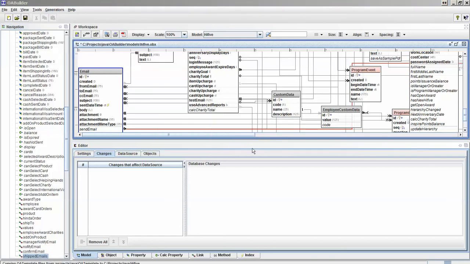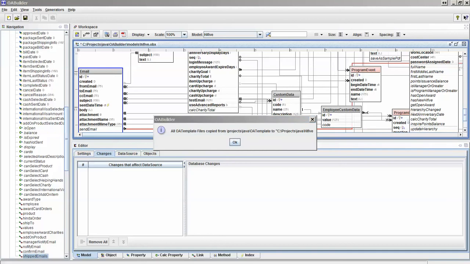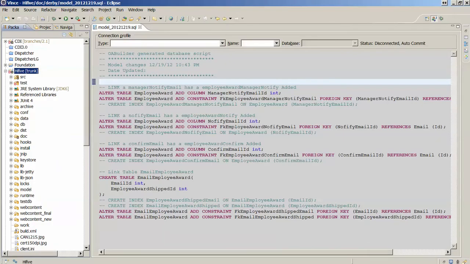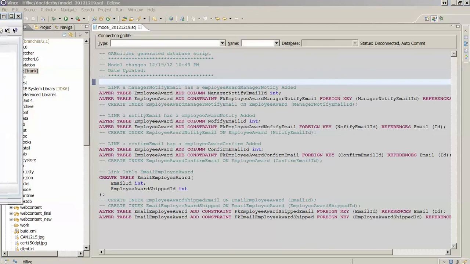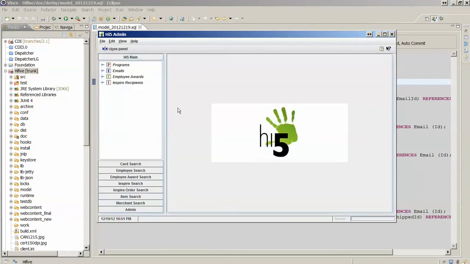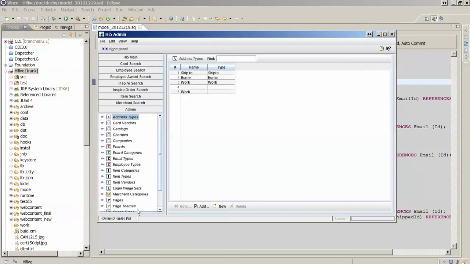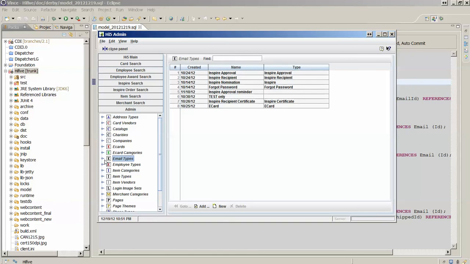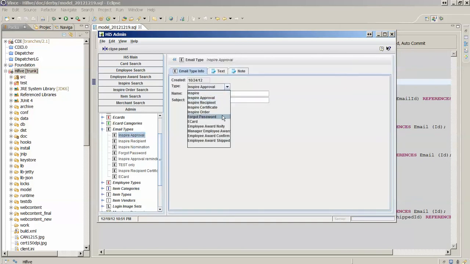Update the template. Alright, all that's generated and compiled, and here's the client running. If I go down to the different email types, basically how these are set up is you can go create new different types of emails. For each one you pick one of the 8, or whatever it is now, 12, whatever. For the new ones that we just set up, I need to spell that right, but